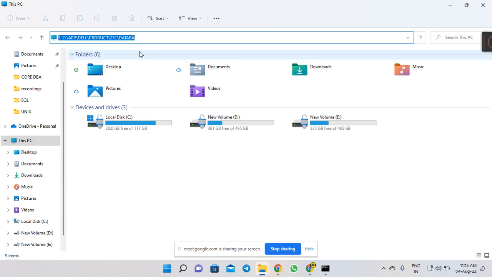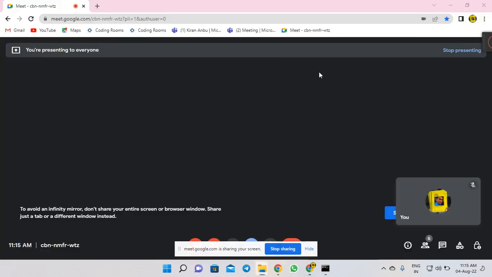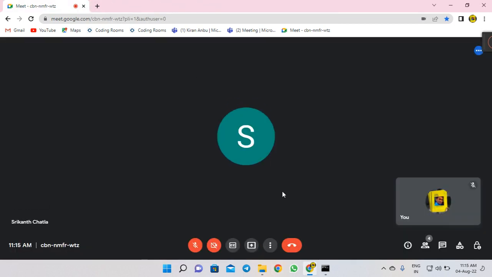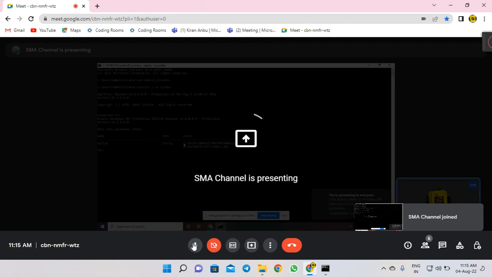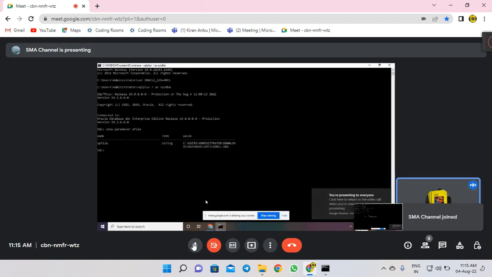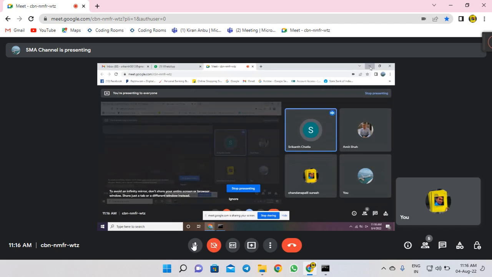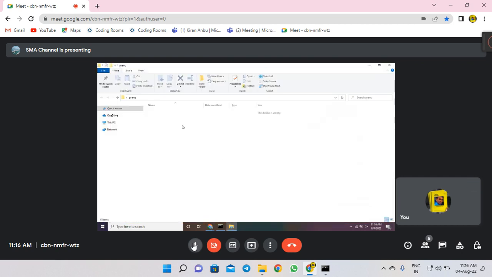Wait, you stop your screen share. It is giving the path but selecting something else. If it is showing the path, it means that the database is running with SP file. Sorry, SP file. If it is not giving any path,